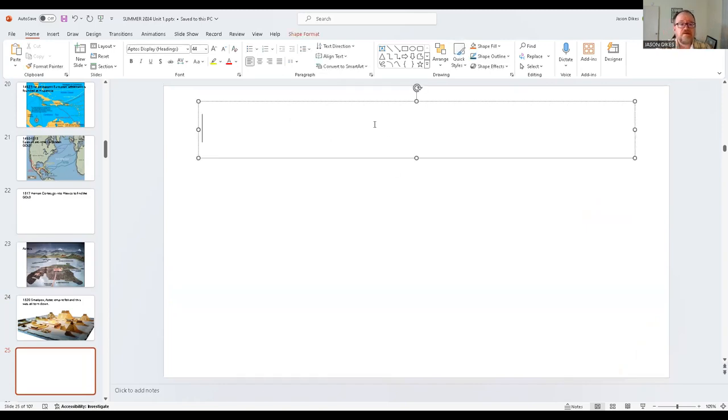After the collapse of the Aztec Empire, the Spanish began moving into what will one day be the United States. There are 3 expeditions that move into the United States that we need to talk about. So let's talk about them. The first one that you're probably familiar with